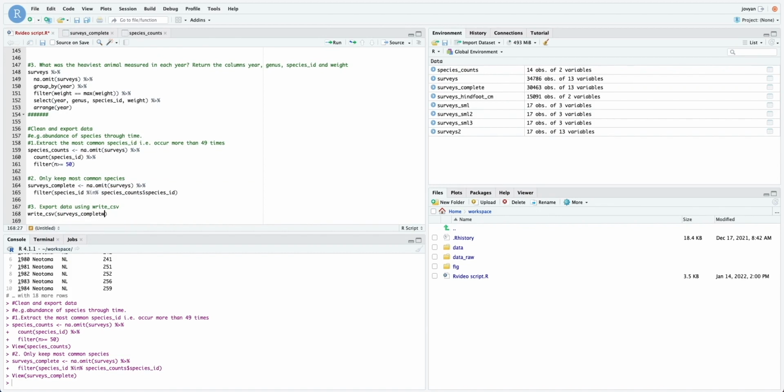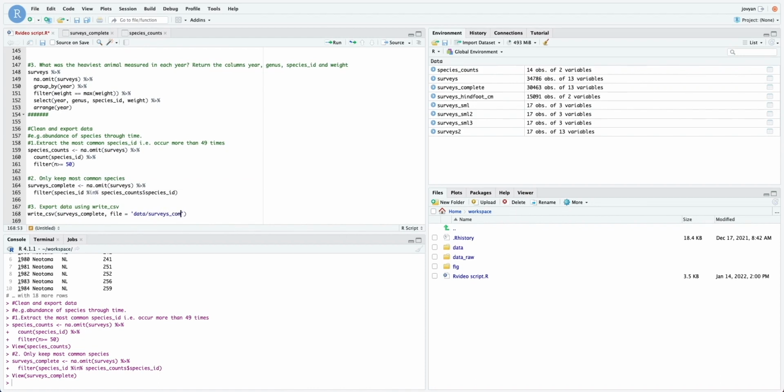In brackets, we type surveys_complete, that's the data frame we want to use, followed by file equals, and here we write the name and the path we want the file to sit in. In our case, data, the data folder that we have created in the beginning,